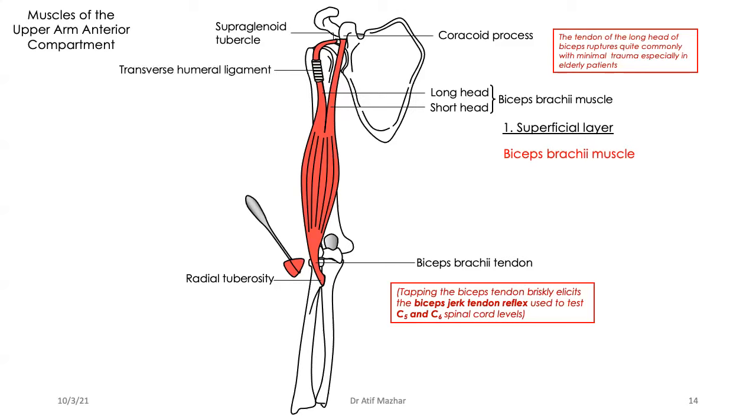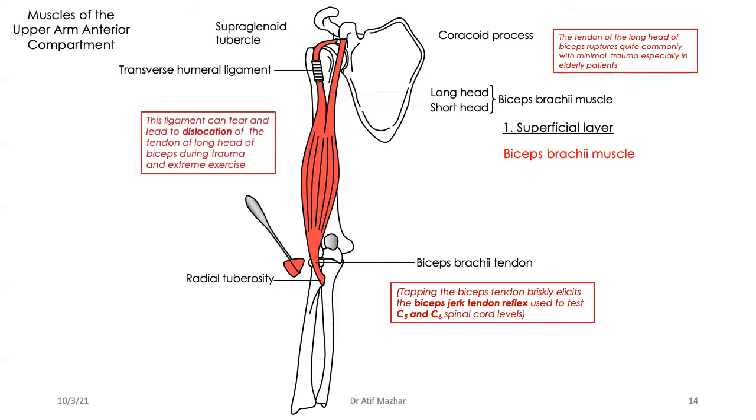Okay. So now, to keep this long head of the biceps staying where it has to, there are some transversely going bands which are just stapling it down with the humerus in the bicipital groove, and this is my transverse humeral ligament. And you can see it is basically preventing the dislocation of the long head. Now, can you see this gray thing? Just focus at the lower end, at this place, and you can see the aponeurotic part, this gray sheet, we call it bicipital aponeurosis. Are we good so far?